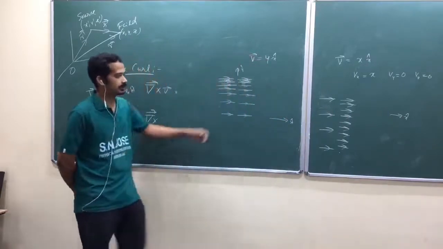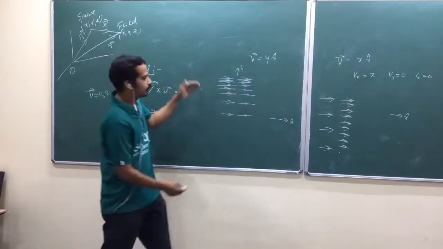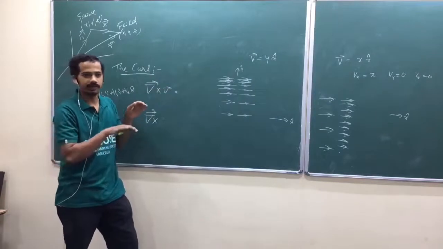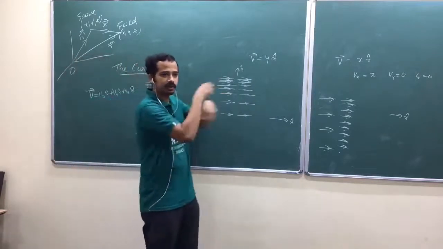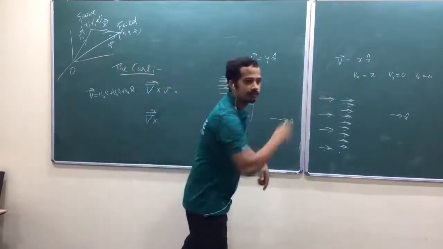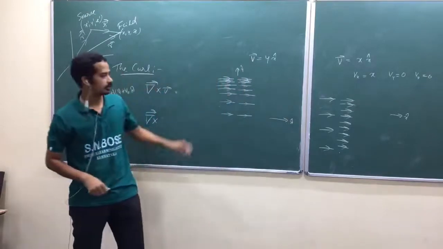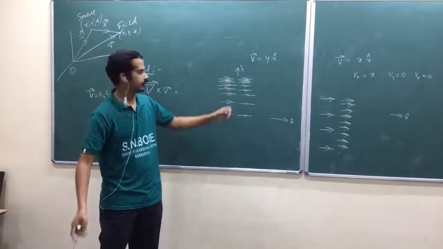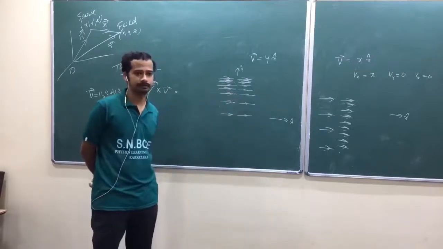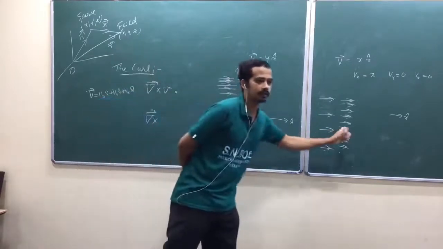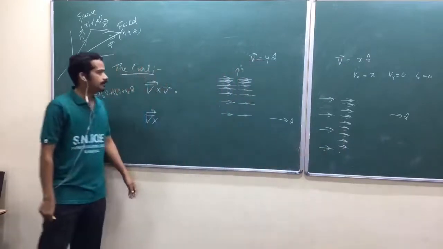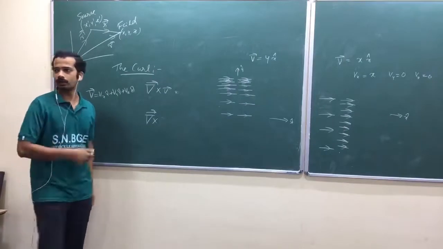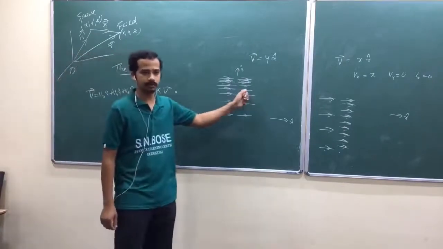But if you place it here, you have more velocity above and less velocity below, isn't it? So in that case, definitely that ball will rotate and move on. Am I right? So curl will act on the ball. You can take that idea. This kind of vector field will have a curl, but this kind will not. So now what is a curl? Curl is a measure of how much a vector field swirls or curls around the point in question.